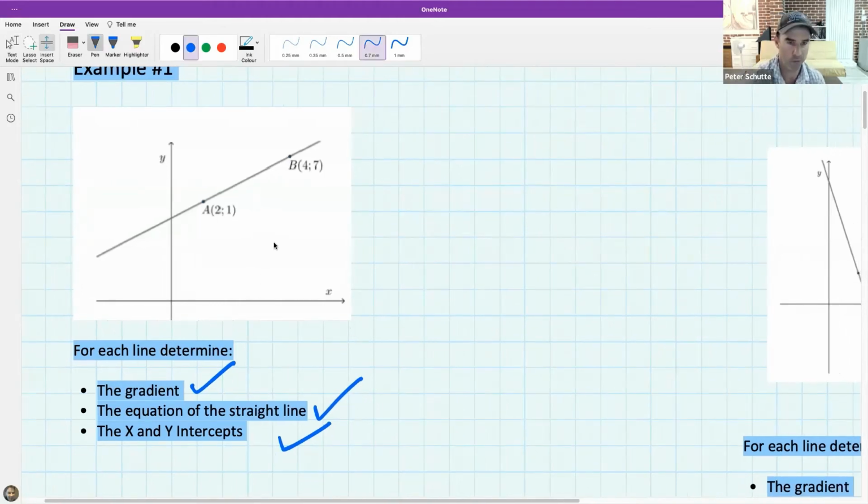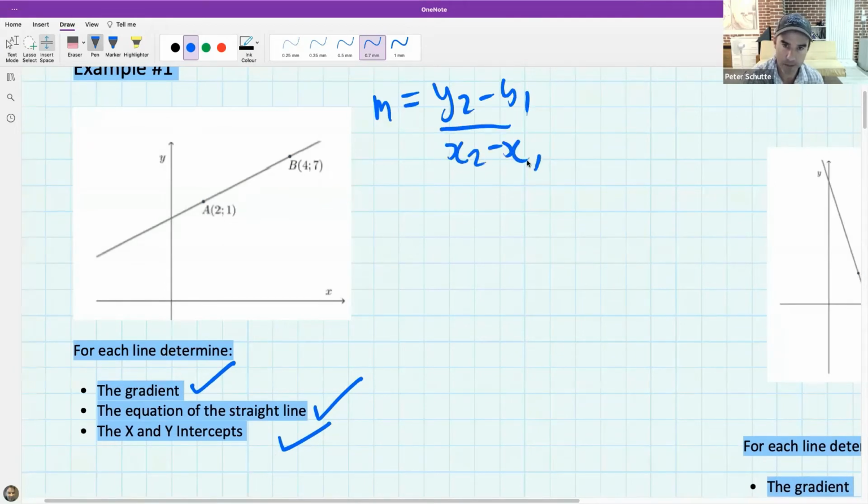Because I know that the gradient has a formula, I'm going to start by writing down my gradient formula. And what I always have to remember is it's change in y over change in x. So I do that and I go to my points. I choose either of the points. It doesn't matter which one I choose, but I have to be consistent. So since I'm starting with this one,